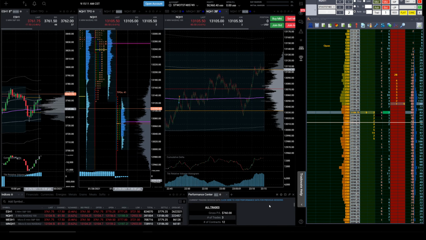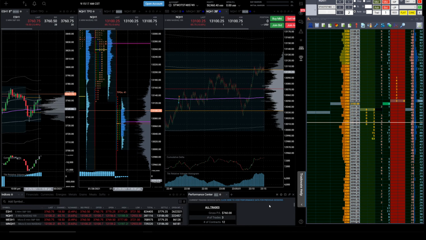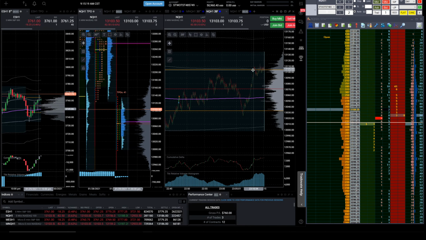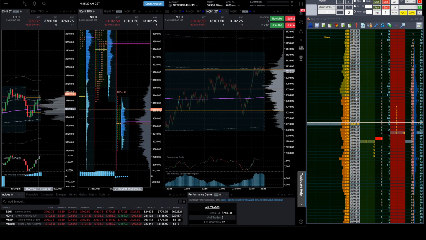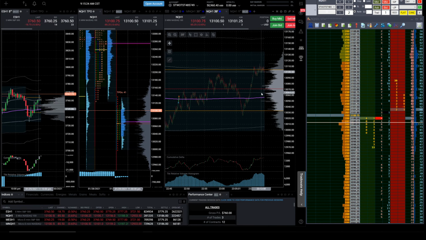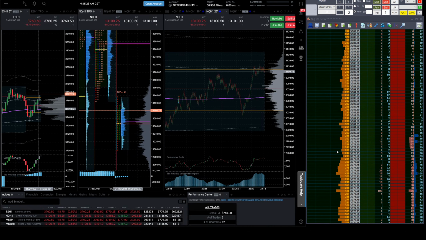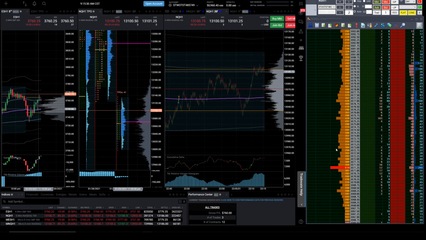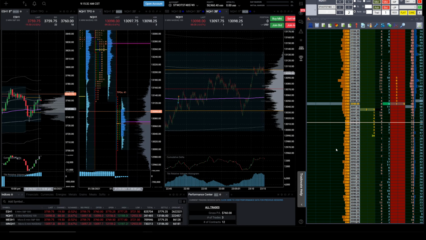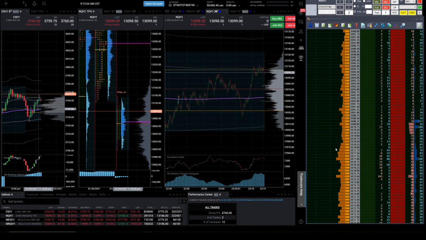So we haven't gotten back to the open yet. We're just dancing around the value area high, which is exactly right. Now you see the value area high is caught up with Jigsaw. And what are we at? 3070. Yep, 3071, say, and VWAP is